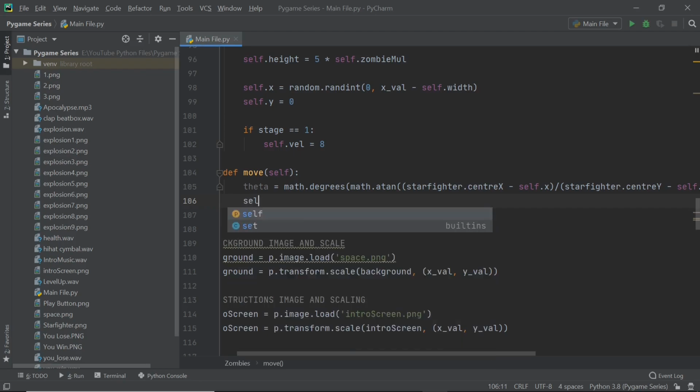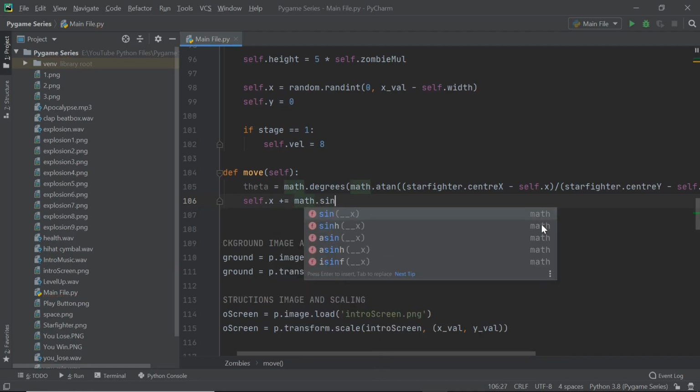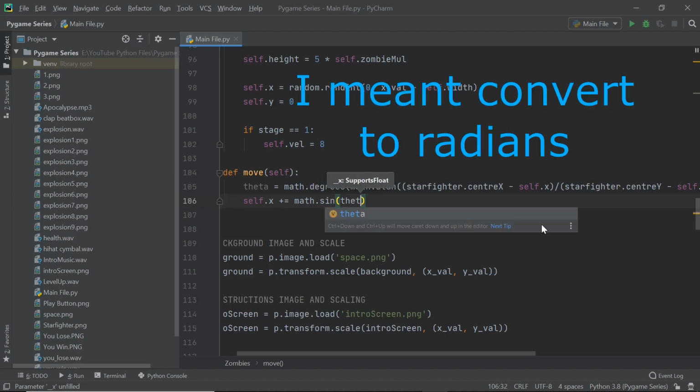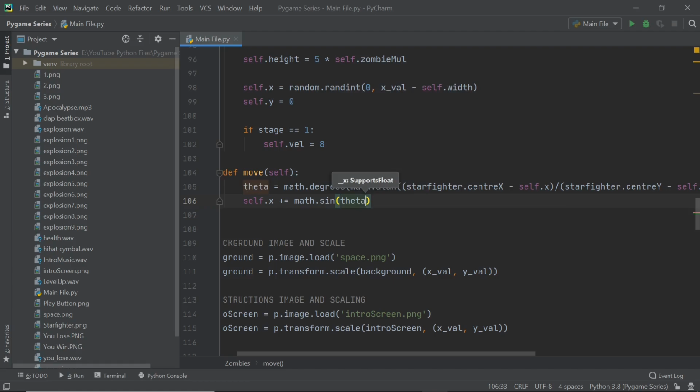So the change in x is going to be self.x plus equals, and here's where we need to use the sine ratio. So I'm going to say math.sin, and once again inside this we have to enter a radian value. So I'm going to convert theta to radians. So theta times,